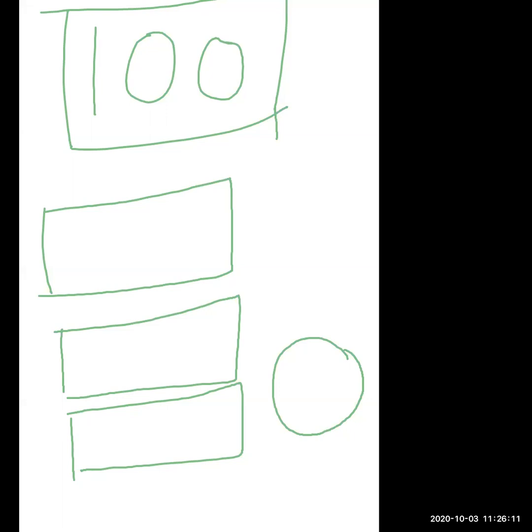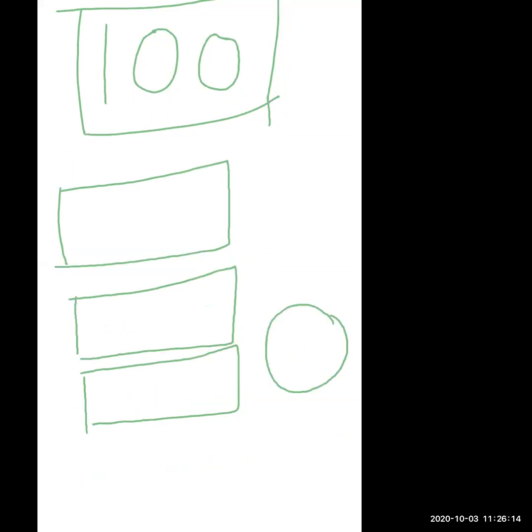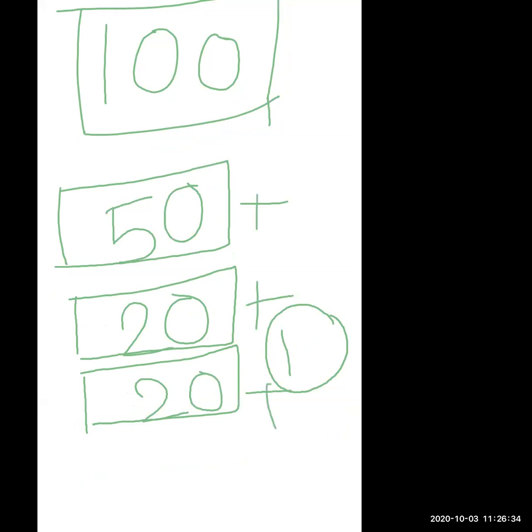Yes, Tejaswini beta, your answer is wrong. Wait, I am going to show you how to distribute the 100. This is the note of 50. Okay. 50 rupees note. After that, 20 rupees note. Again, 20 rupees note. And after that, how many rupees coin? 10 rupees coin. So total how much is there? Tell me. Total it's 100 rupees. Understood? Yes, understood everyone?